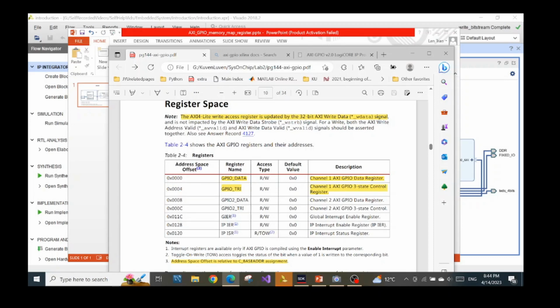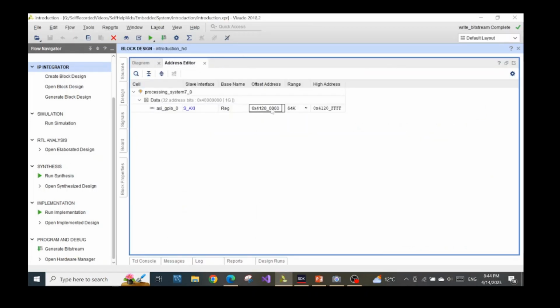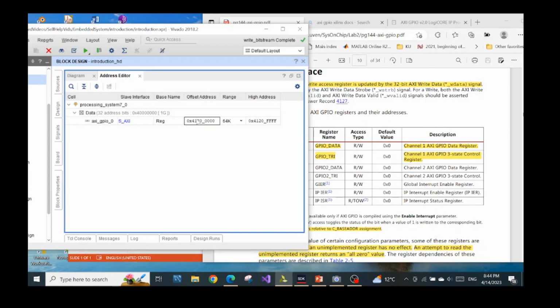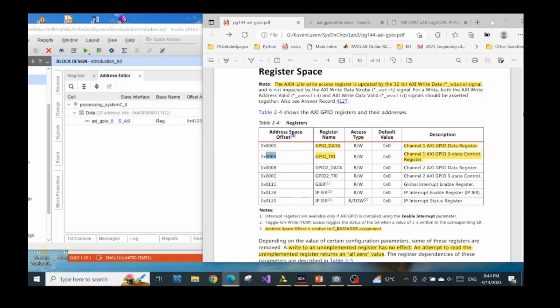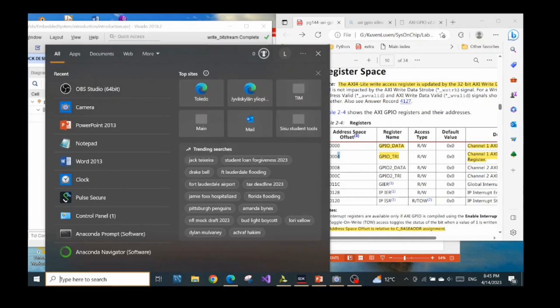So even though you see we have only 4 hexadecimal digits here, and the base address, let's go back to Vivado, the base address has more than 4. But if we add this base address to this offset, then the number 4 here will correspond to the last digit. So if we add them together, the value that we have will be